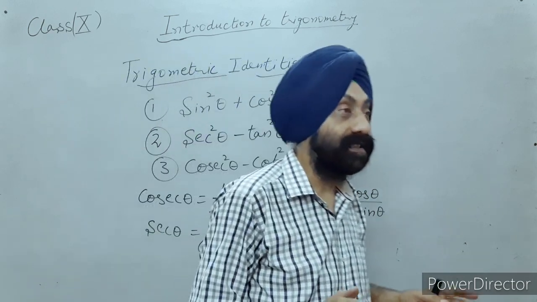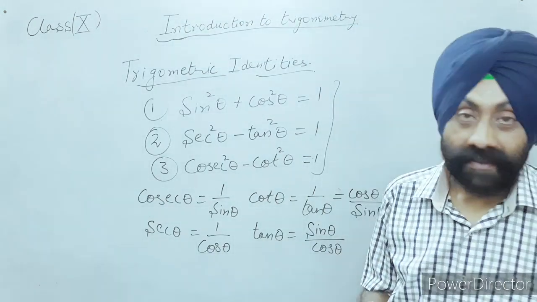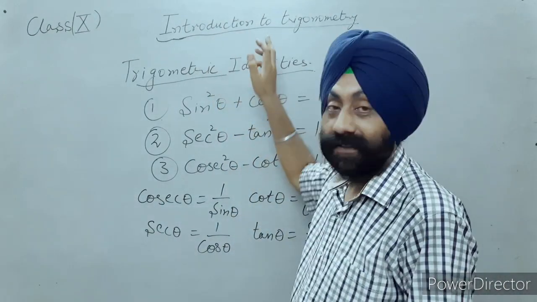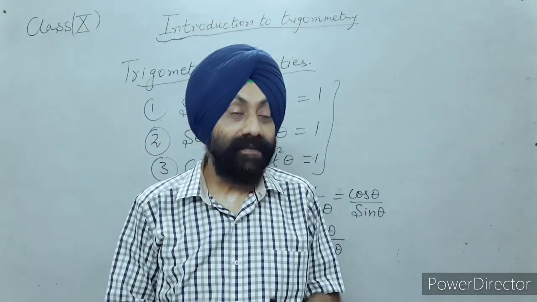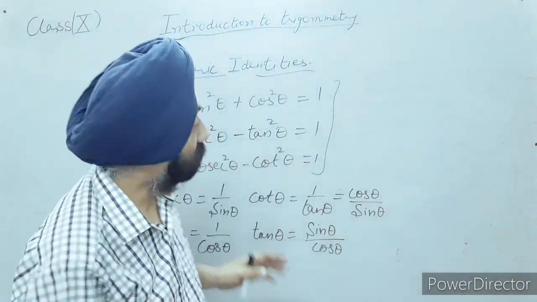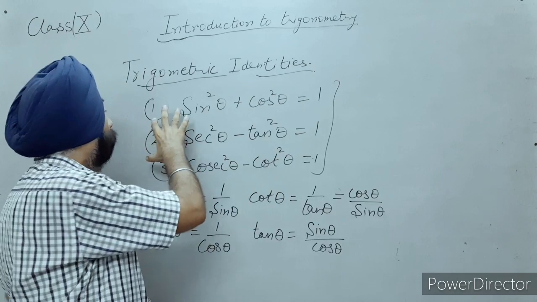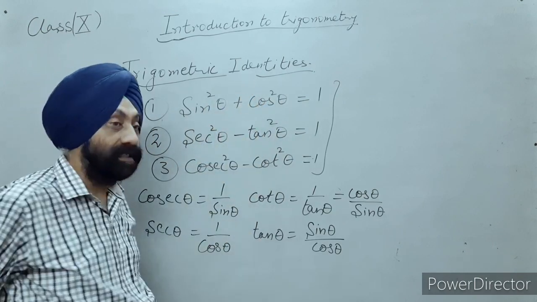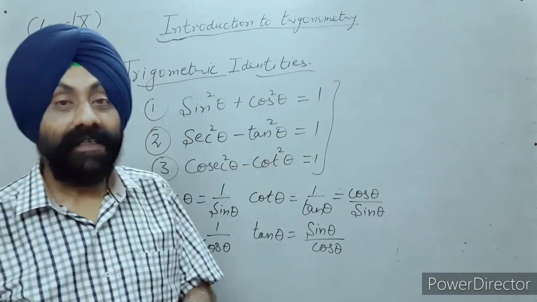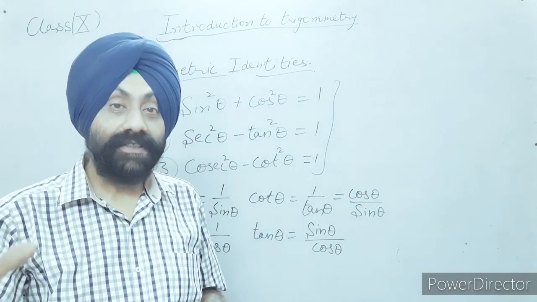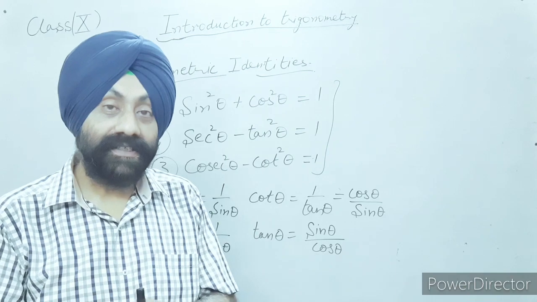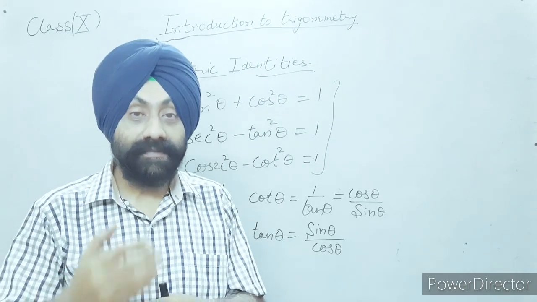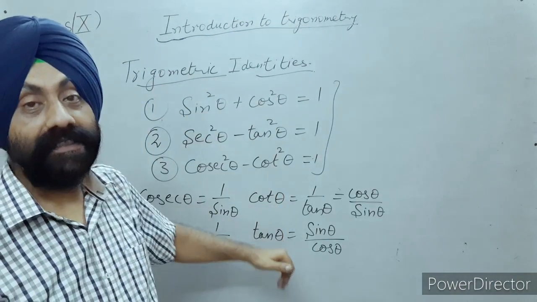Now these are the basic things which you should remember before starting this chapter, before doing any numericals, before doing any sums based on trigonometry. You must remember these basics of trigonometric identities, the six T ratios, and the relationships between angles and sides. In my next lecture, we will solve a few problem sums based on these identities and trigonometric ratios.